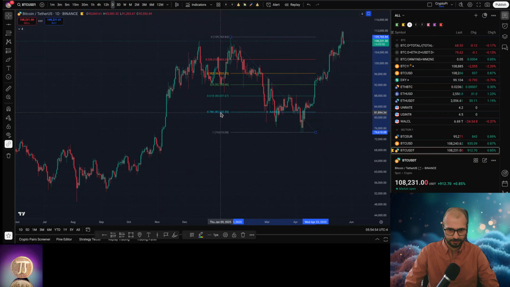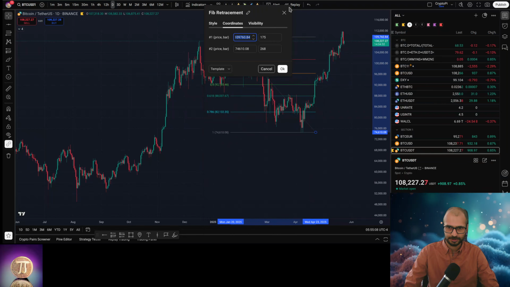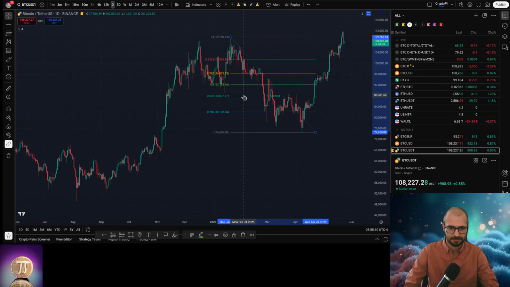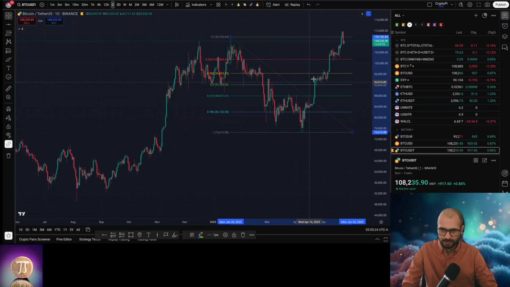This one is not the default view. Let me select here and go to the default template. Okay, it seems like there is no default option at the moment, but doesn't matter. If we look at the tracing, you can trace from one of the highs to one of the lows, and let's extend this. Let's see if it works. So here between these two levels, you see there was quite some consolidation. That means the price didn't boost drastically or price didn't fall, but it stayed